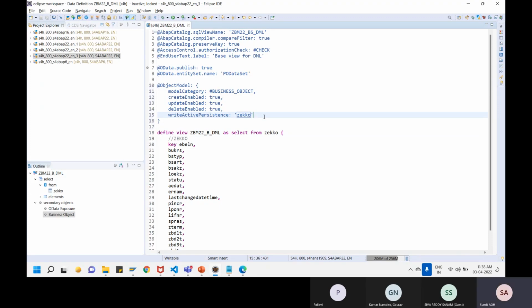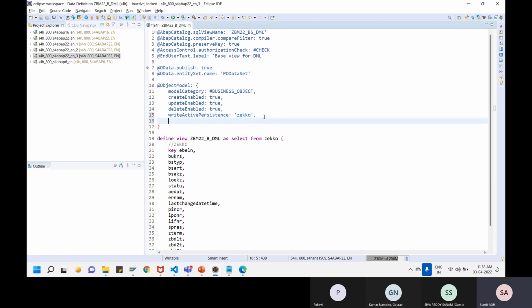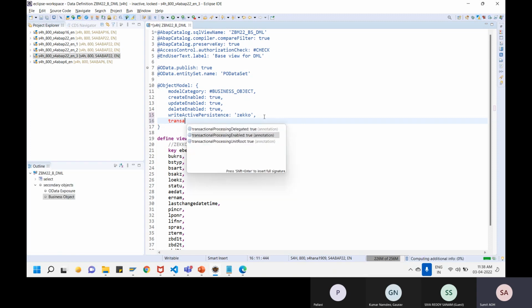Now, when I say this write active persistence, we have specified that this table is where the actual data would be processed. For the data to be processed, we have to enable the capability of this application as a transactional application, because the transactions are going to happen over here. That's why we are saying transactional processing capability enabled